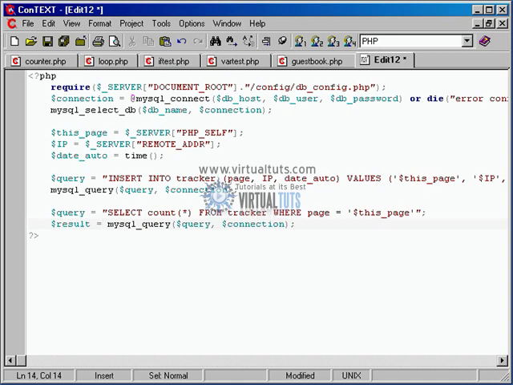$result equals mysql_query. Now we've got all the results of that, but we still need to run a mysql_result in order to grab the exact result we're looking for. So I'll do $views equals mysql_result, $result, and in this case it's only going to return one row, in a sense, so we can assume that that's going to be